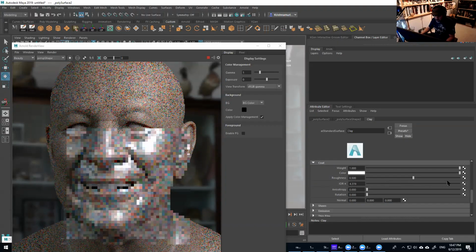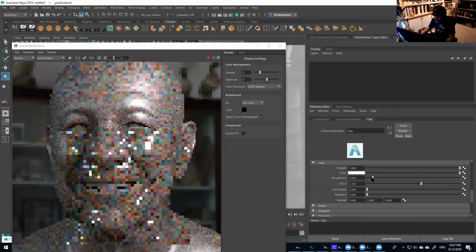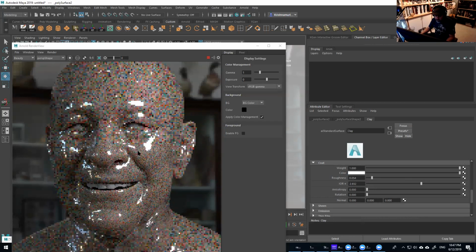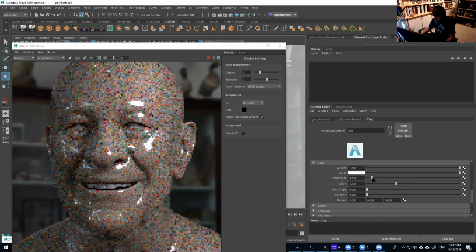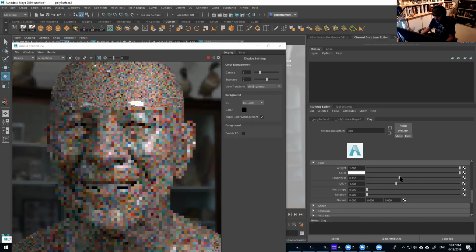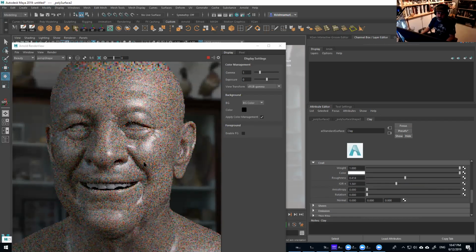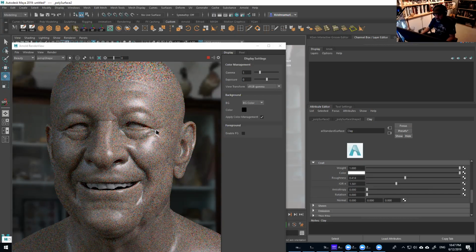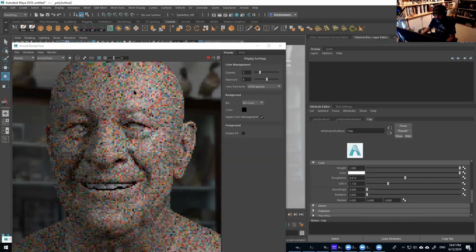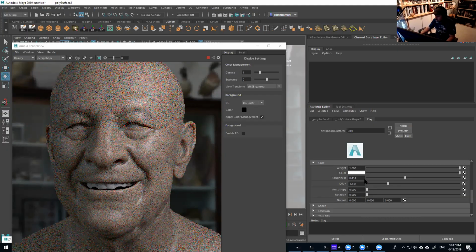I can actually crank it, right? So I can actually see the reflection itself. And then the roughness here, if I have something that's very, very low, it's completely wet, right? So it can create that clear coat effect. But for the skin, to create that soft reflection, I can use something very high, for example 400 or even higher than that. And then it doesn't look like much because we don't have any detail in the surface. But as soon as you start having pores and wrinkles and everything starts breaking up, you get some very interesting results, and you can definitely recreate that entire area of the forehead I just showed you guys just by using these controls.